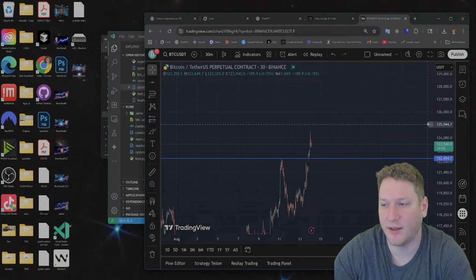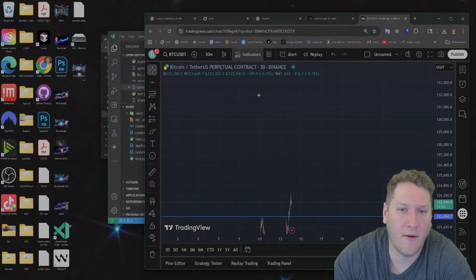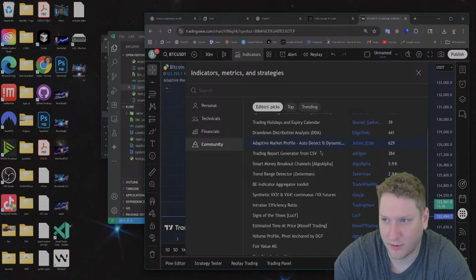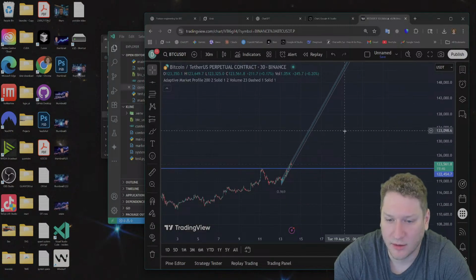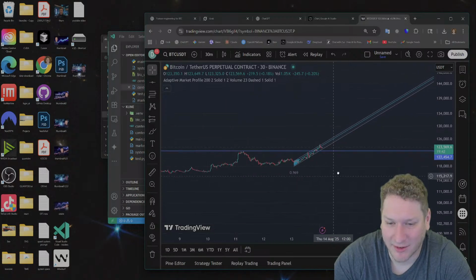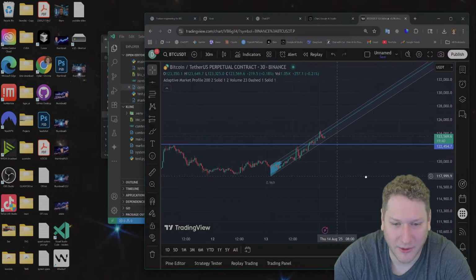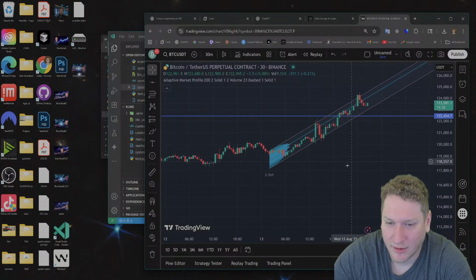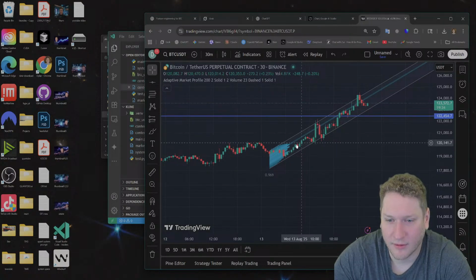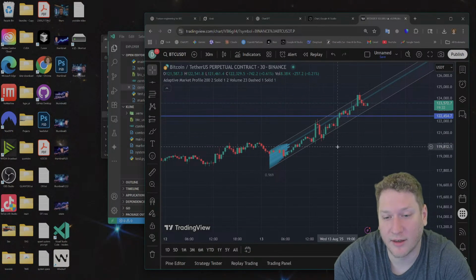We will see. Now, these indicators are usually what people are used to looking at. Look at that indicator. Even though it's just some channel indicator, it's pretty cool. Yeah, these are more visual for us to look at.